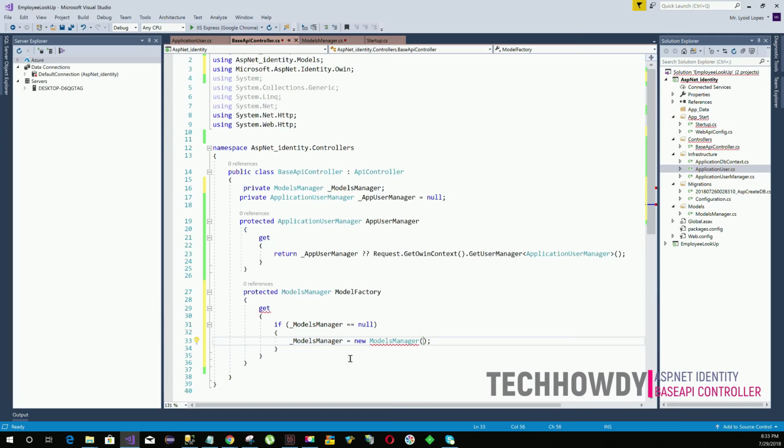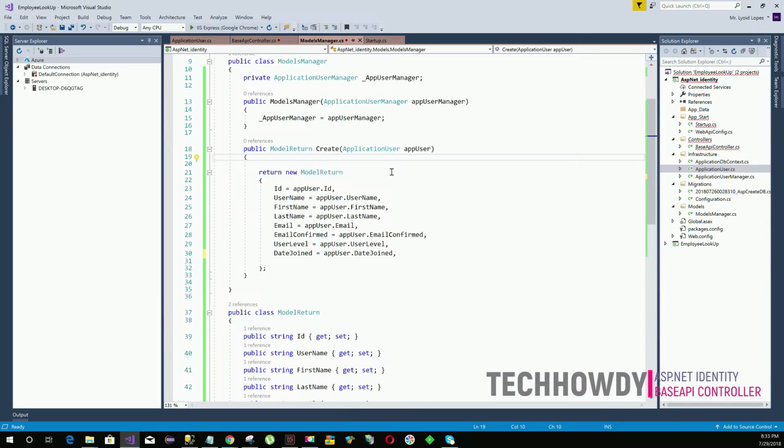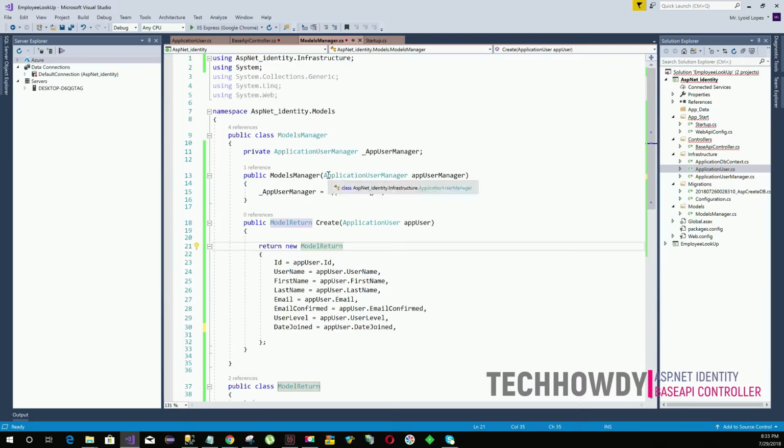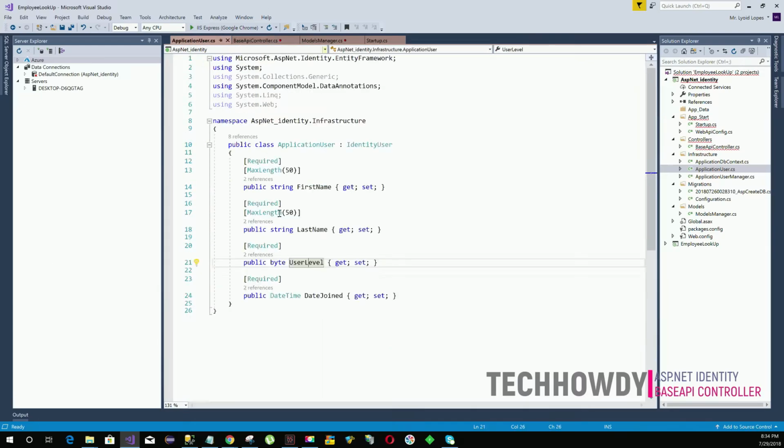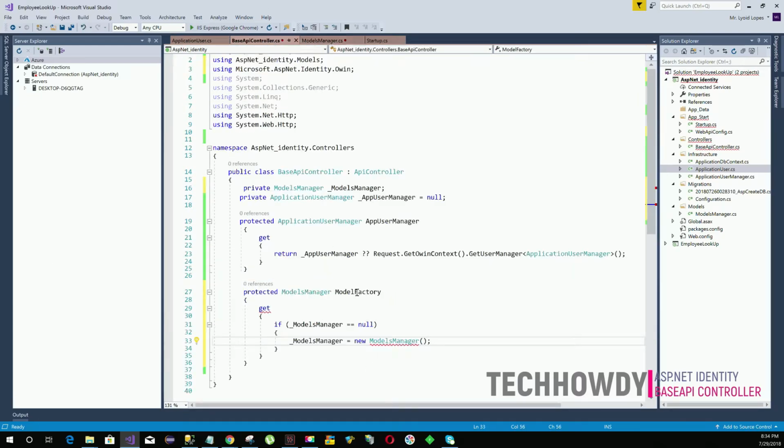And when we create a new models manager instance, we need to specify an application user manager within our parameters that is going to help us create this models manager. So for that, in our models manager instance, I am going to pass this dot app user manager,